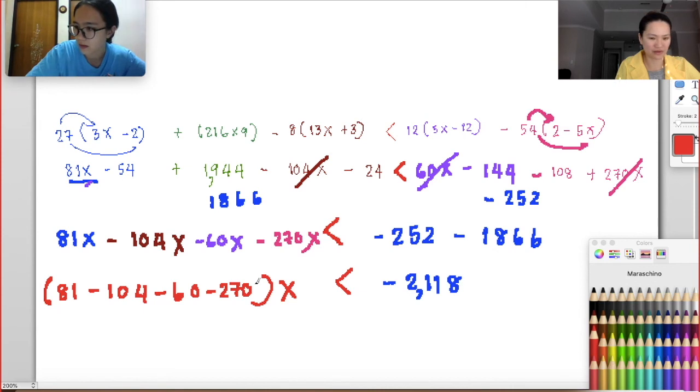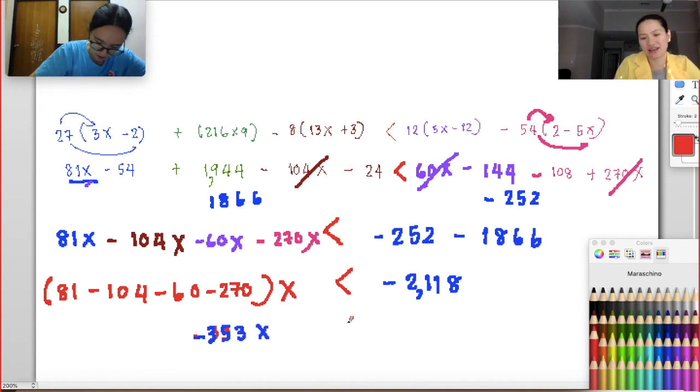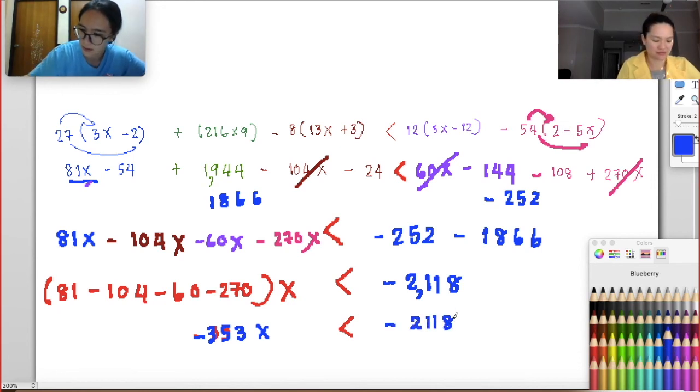Okay, I got the answer: negative 353x is less than negative 2118. So x